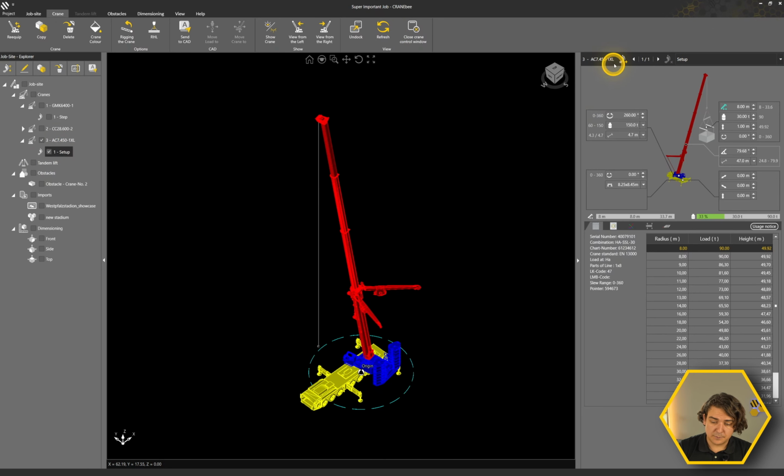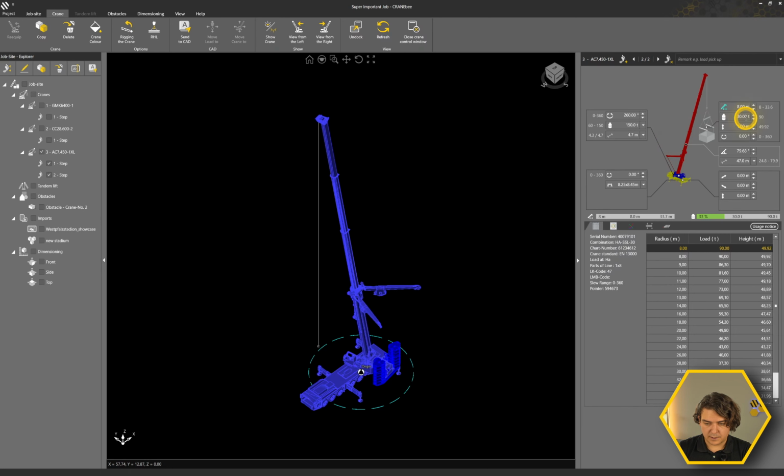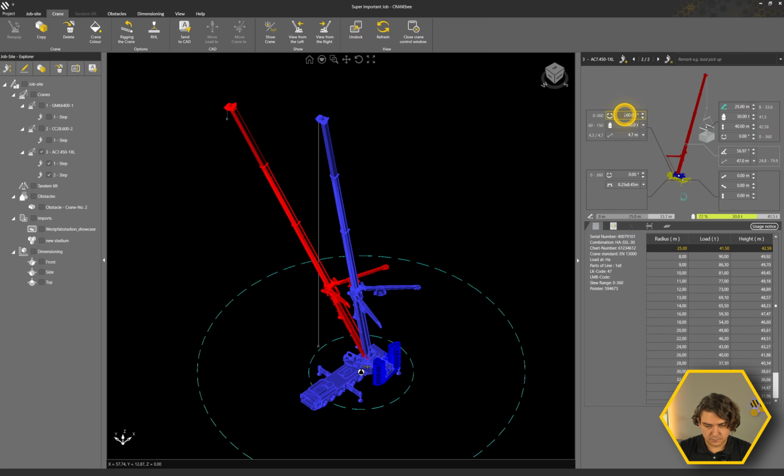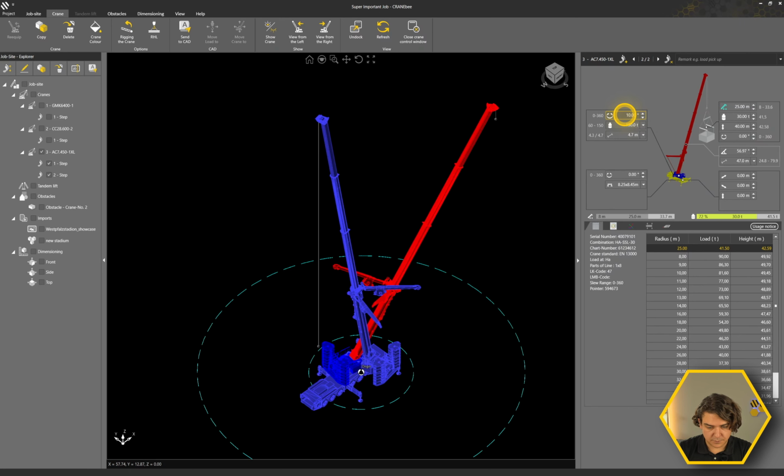To do a new step, we just click on step plus. This will create a new step for the same crane. And in this case, I'm going to assume that the load is already in the air, that the crane is about, let's say, 25 meters out, and it's also rotated to the right, put it at 10 degrees.